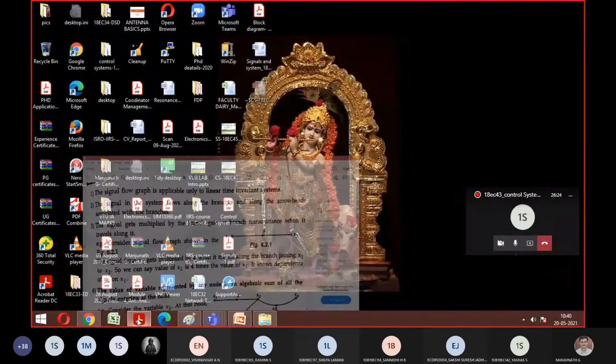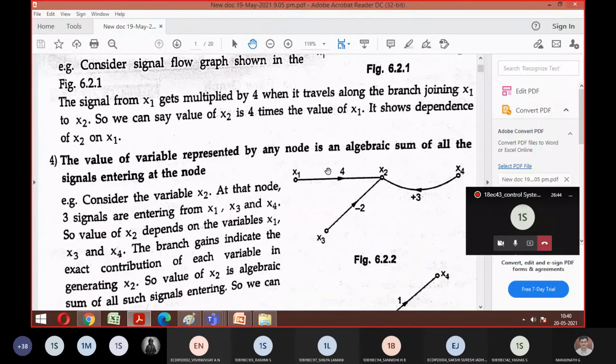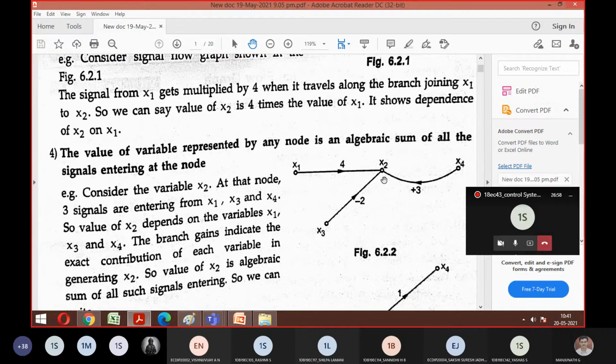So let's look at property number 4. This is like your KCL concept. What is KCL? The current entering a node is equal to the current leaving. Do you remember? That logic is applicable here. Look at property number 4: the value of the variable represented by any node is the algebraic sum of all the signals entering at that node. Okay. So if you look at a simple example,